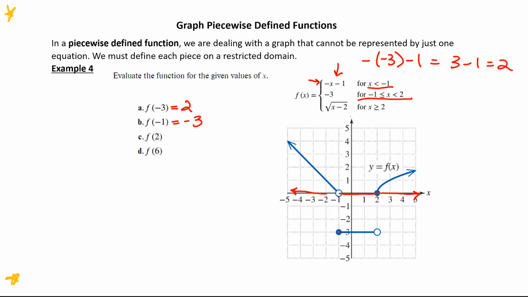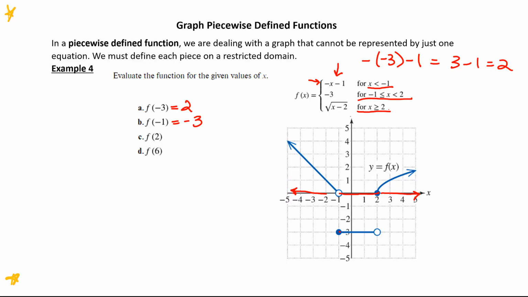It has jumped down here and become negative 3. So we have to put a hole right there to show that there's a discontinuity in this function. It doesn't just continue to do what it's been doing. It completely changes. Okay, so then f of 2, that x value occurs in this interval where all the x